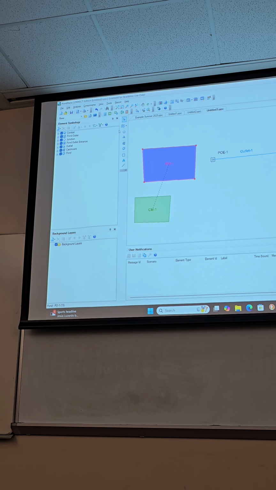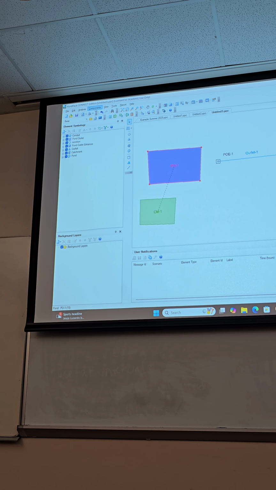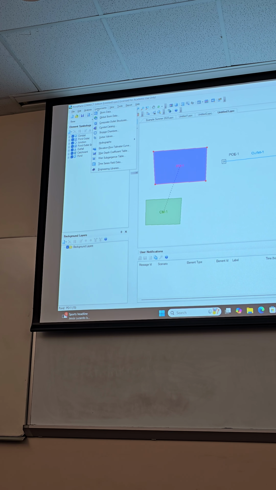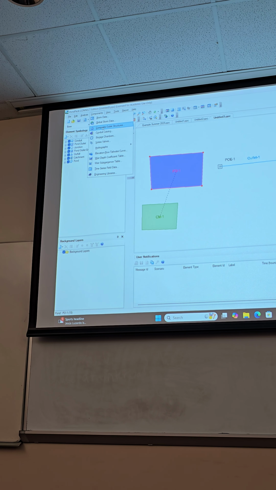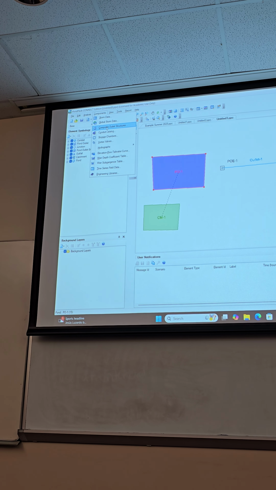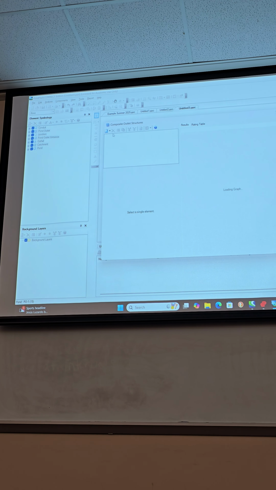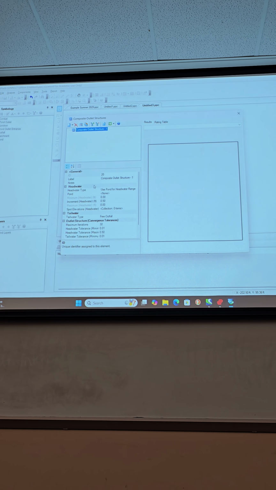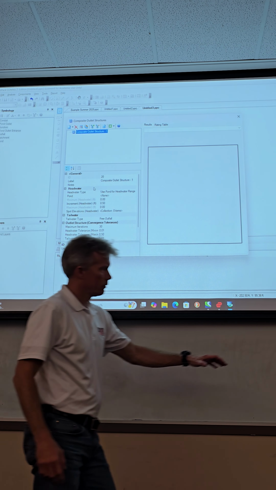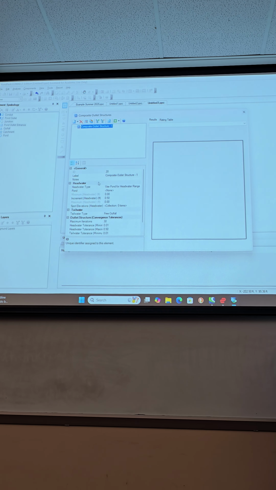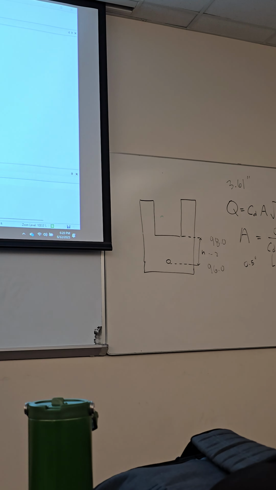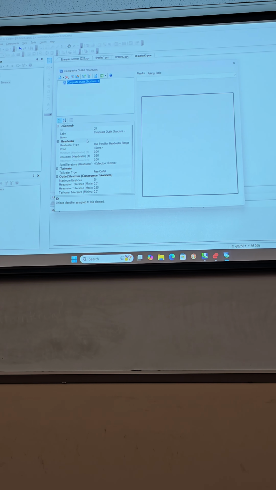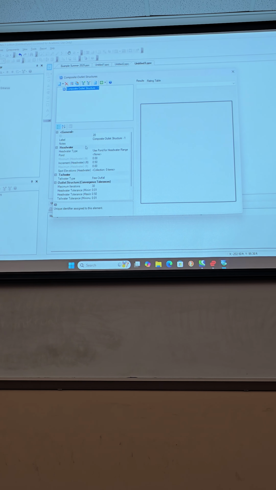The other thing I want to define is the actual outfall structure itself. So if I go up here to components, I'm going to define what's called a composite outlet structure. So I click on that, and I click on composite outlet structure. This is where I'm going to define these things. I'm going to define this weir, and I'm going to define that orifice. So it's a composite because it has a weir and an orifice. It could have 2 weirs, it could have a number of different hydraulic elements,